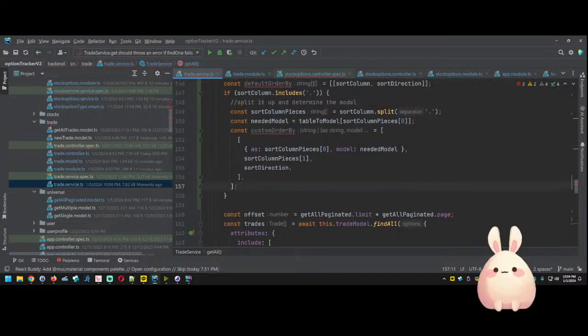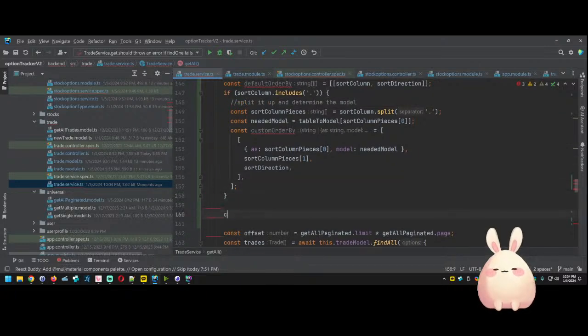And then we'll come down here and say const the order by is going to be equal to